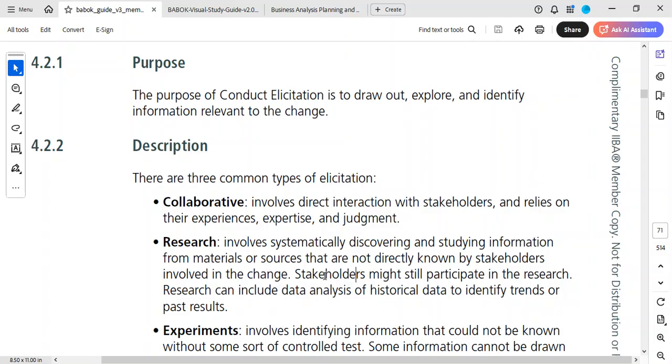Now, research. This involves systematically discovering and studying information from materials or sources that are not directly known by stakeholders involved in the change. So, when it comes to your research, this is systematic, okay? And it has to do with discovering and studying, like digging deep into those information files, and maybe whether it's